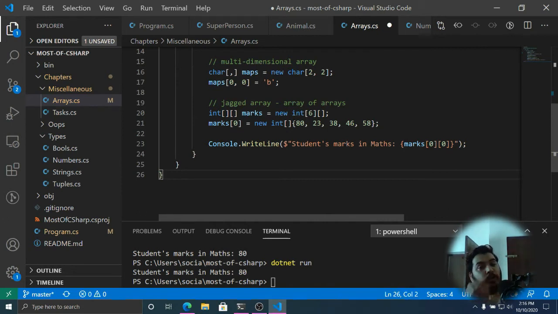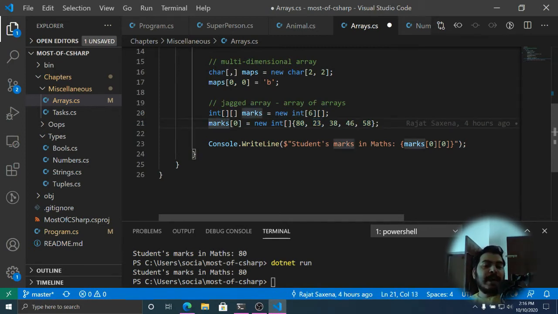I wanted to create an array of marks. There are 6 students in my class. So every single element will be an array, and that array is going to contain the individual marks for subjects. Let's suppose the first one represents maths, the other one represents science, and so on.